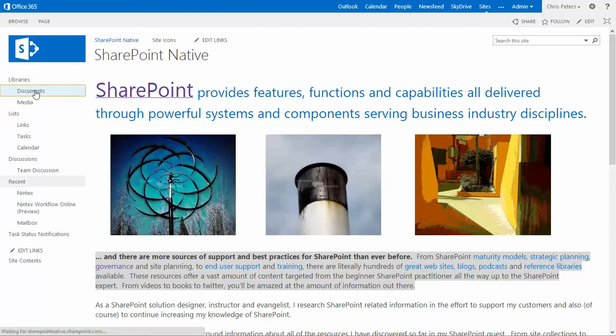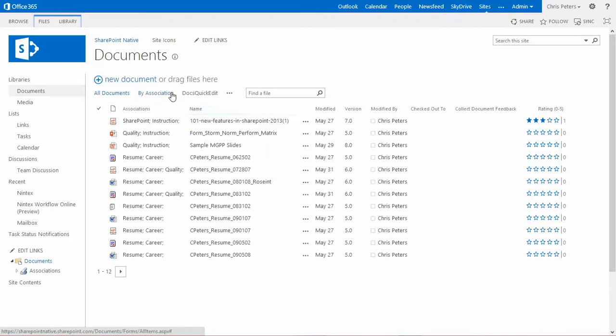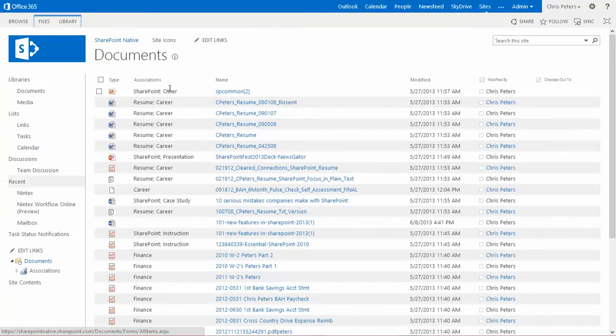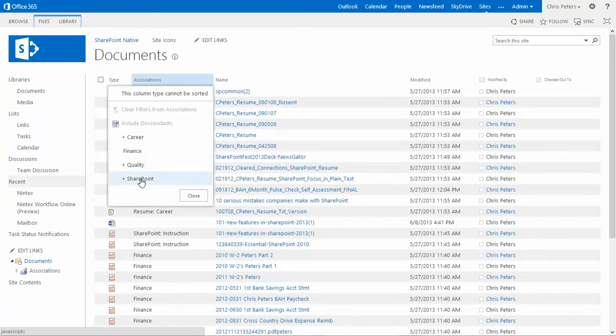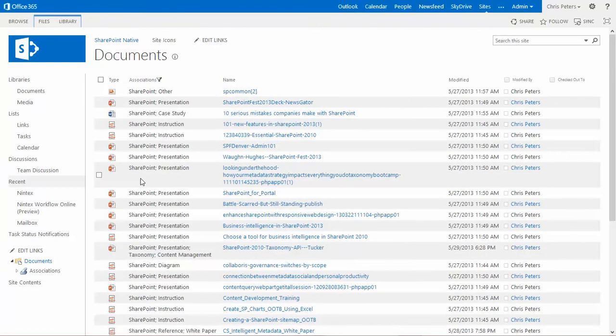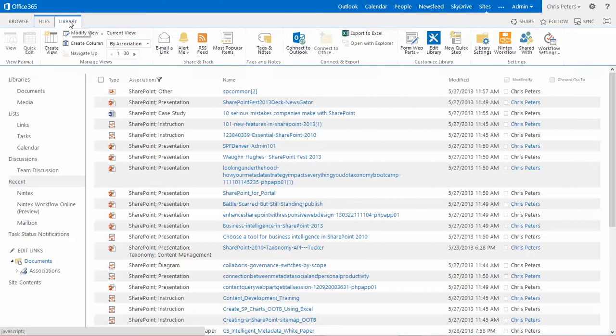First thing I'm going to do is go over to my libraries for my documents, and I'm just going to put a quick filter on here. I want to filter just on SharePoint types of stuff, and I'm doing this with the managed metadata tags that are already here. So we're looking at our library here. I'm going to go into the library settings,